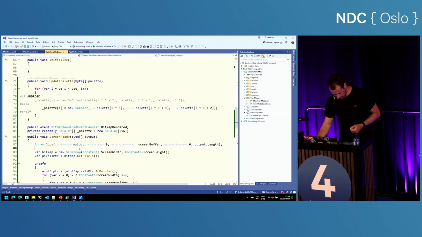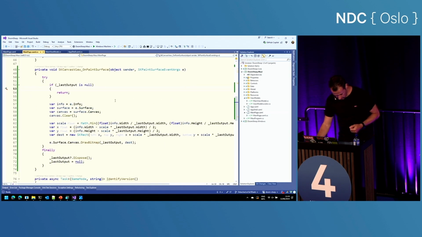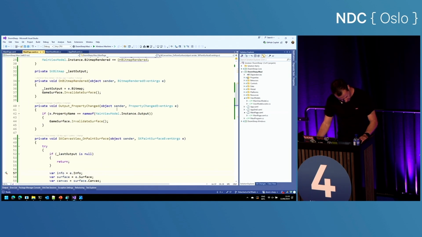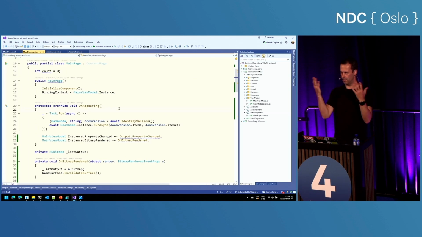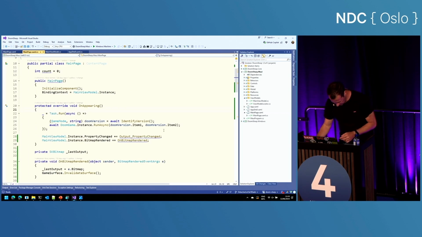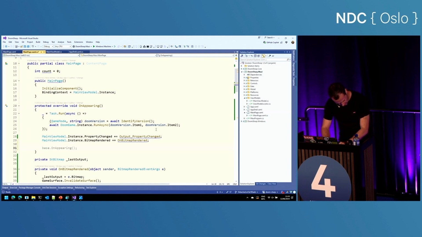Going back to code, how do we do this? We go to the main page, to the onAppearing, which will trigger whenever the page is rendering. And then we add, let's add it here at the bottom. We take our image handler. We take the mapper, and then we can append to the mapping.